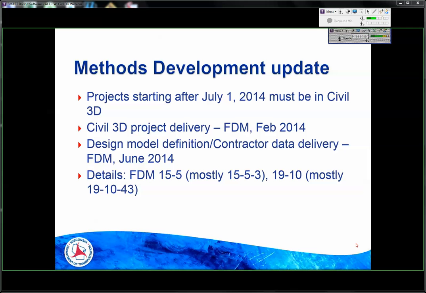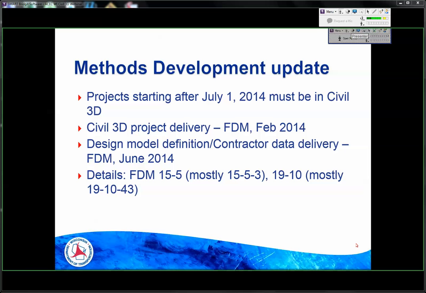And coming out, I'm not privy to the exact release dates for the FDM transmittals, but either this June or maybe early July, the next FDM transmittal is going to be a lot of content focused on design models. So talking about predominantly